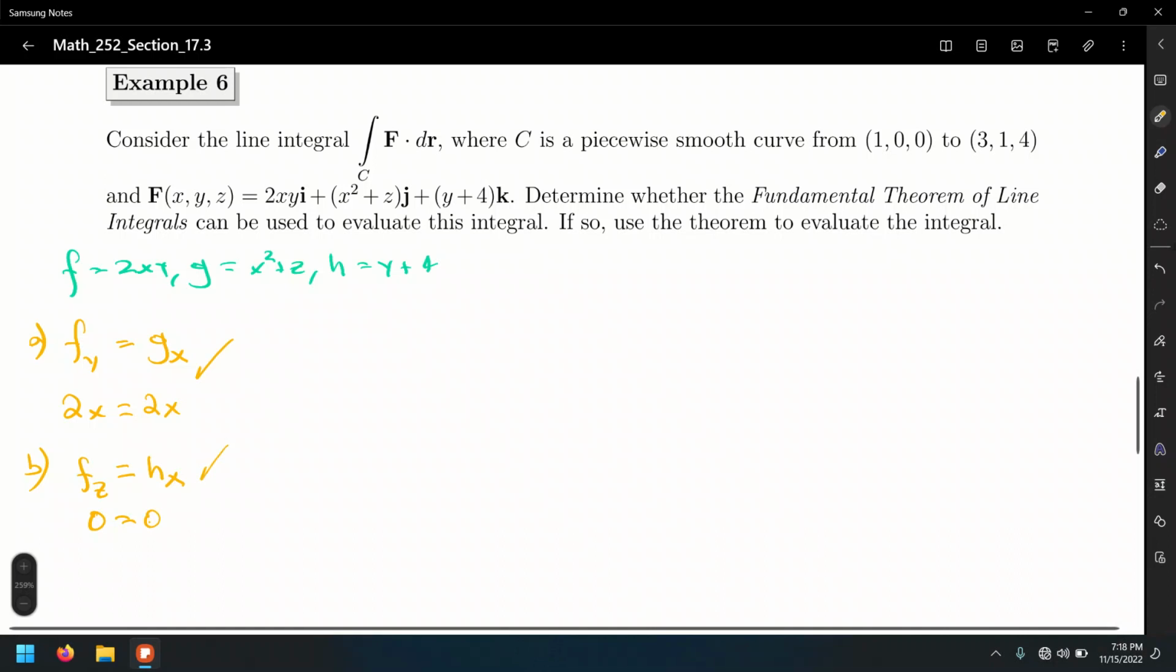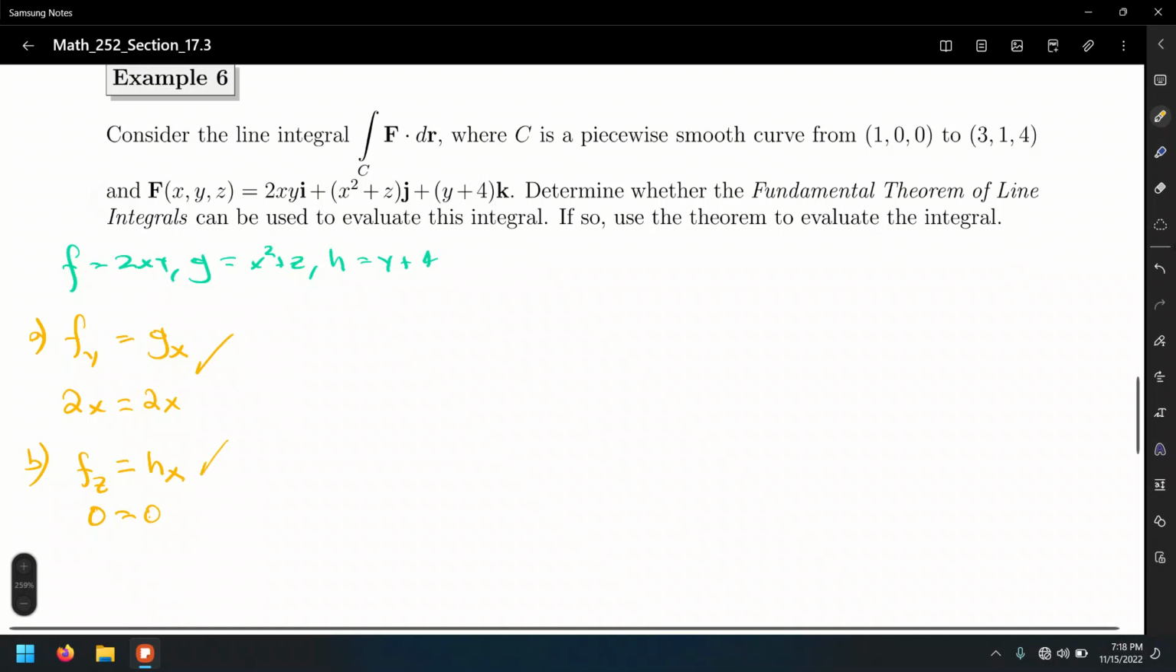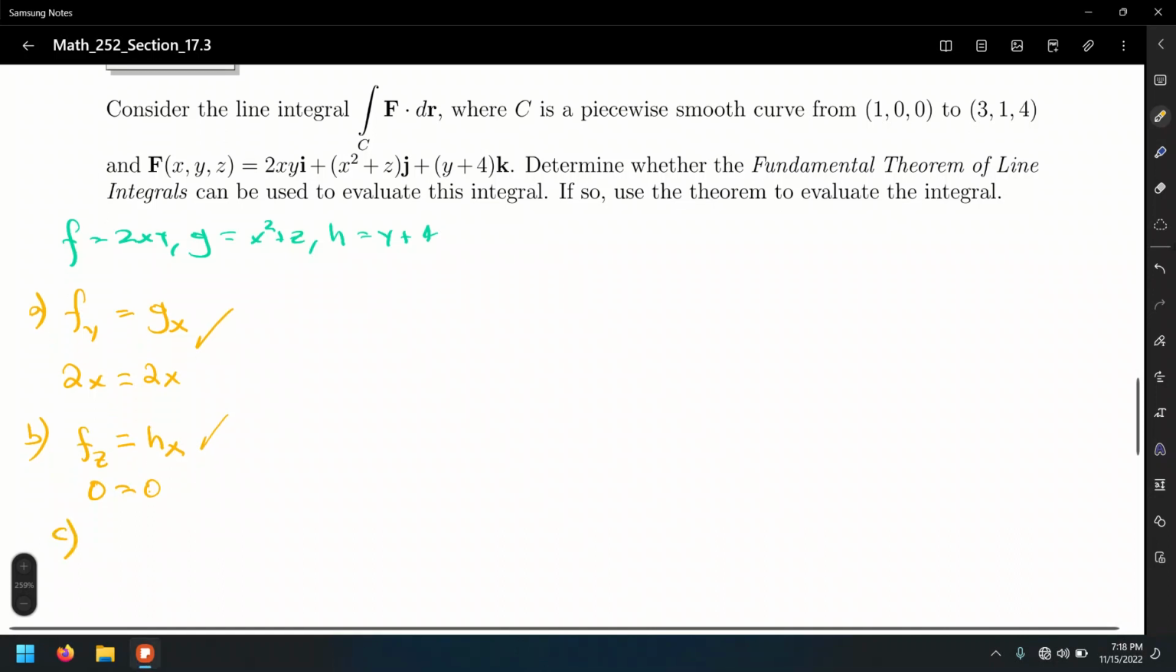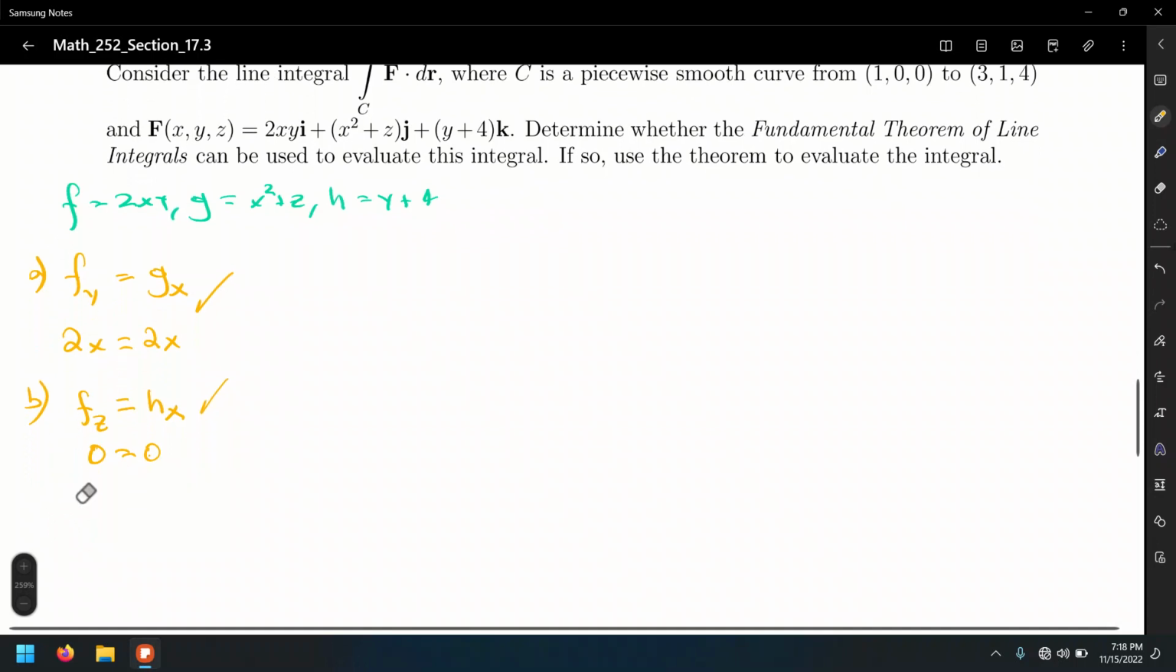The third condition, which I will label as letter C. All right, so for letter C, this is to make sure that the partial derivative of g with respect to z equals the partial derivative of h with respect to y. So g with respect to z, that's 1, and h with respect to y is also 1, so the 3 conditions